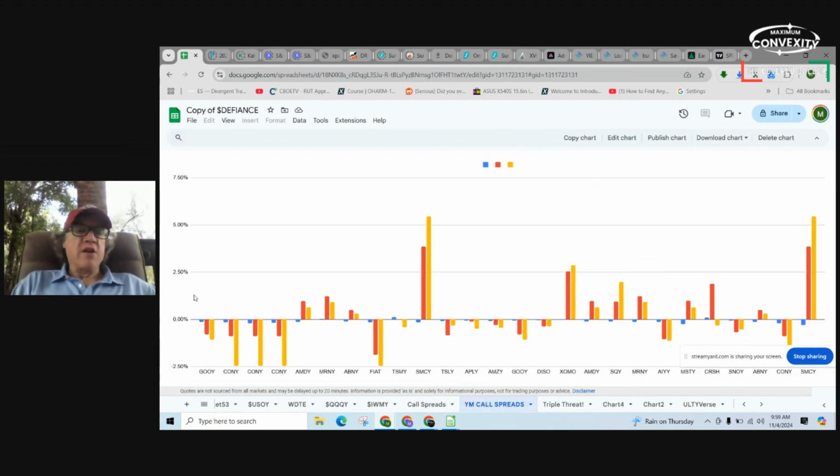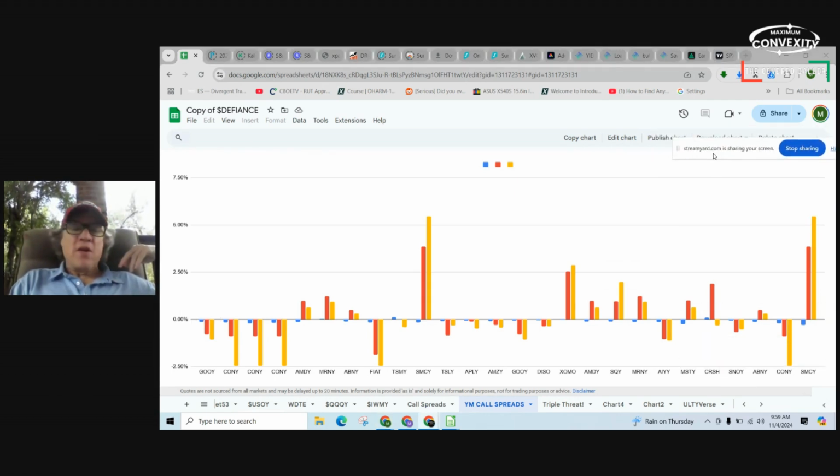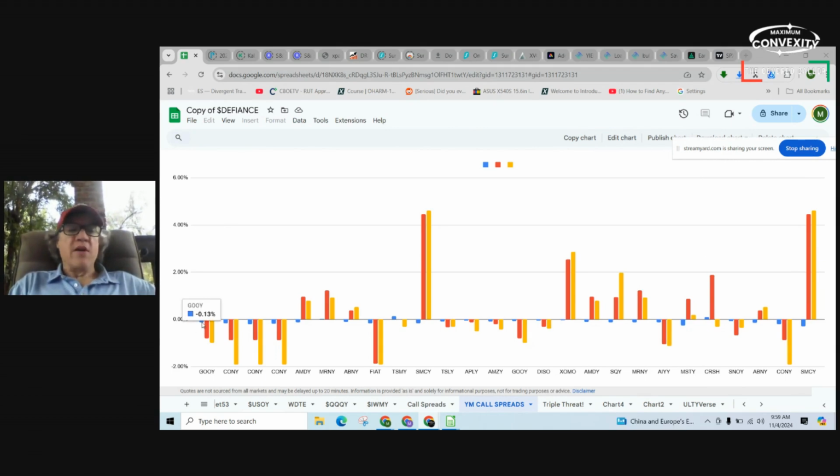So the blue line at the very start that you can barely see is how far out of the money we are, but I made an adjustment on it. It says 0.13%, but it's really 1.3% out of the money. What I had to do, if it was the true amount out of the money, some of these are like 30 or 40% out of the money, and it would throw off the scale